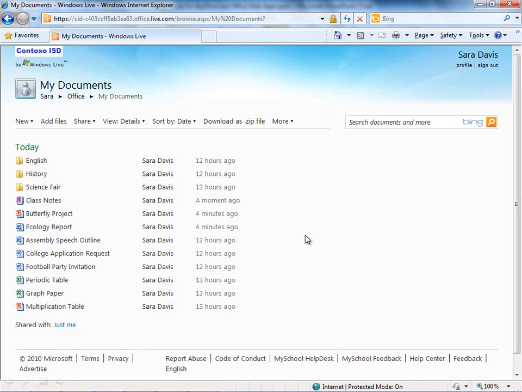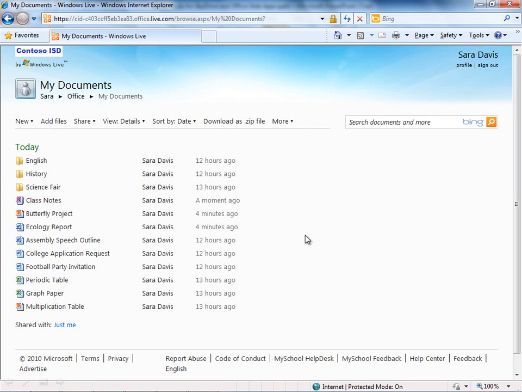If I have a file that's already here on SkyDrive, if I want to open it within Office, it's fine as long as the version of Office that I have can interpret this file format. So if all of these are the 2007 file format, I need to have 2007, 2010, or the older versions of Office with the compatibility pack installed to be able to open and work with these files. I can open them, I can work on them, I can save the changes straight back here to the shared